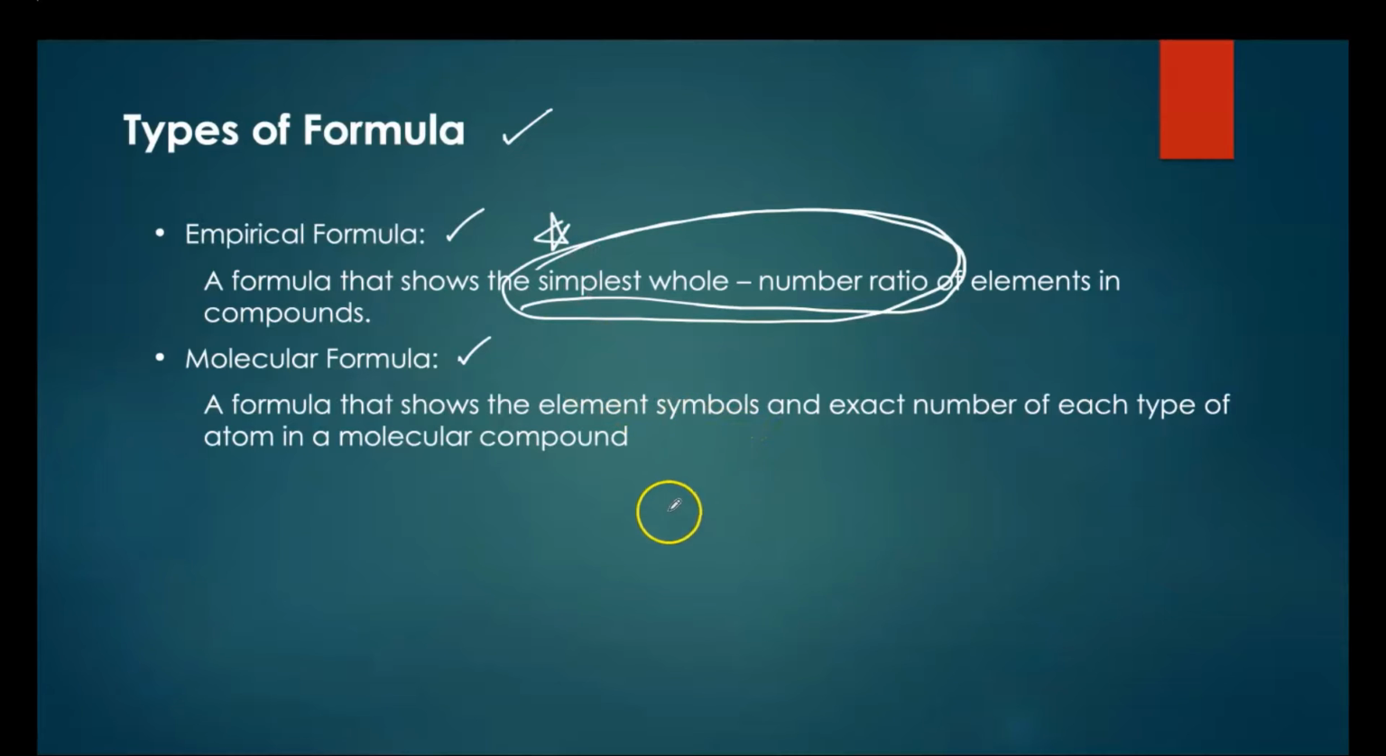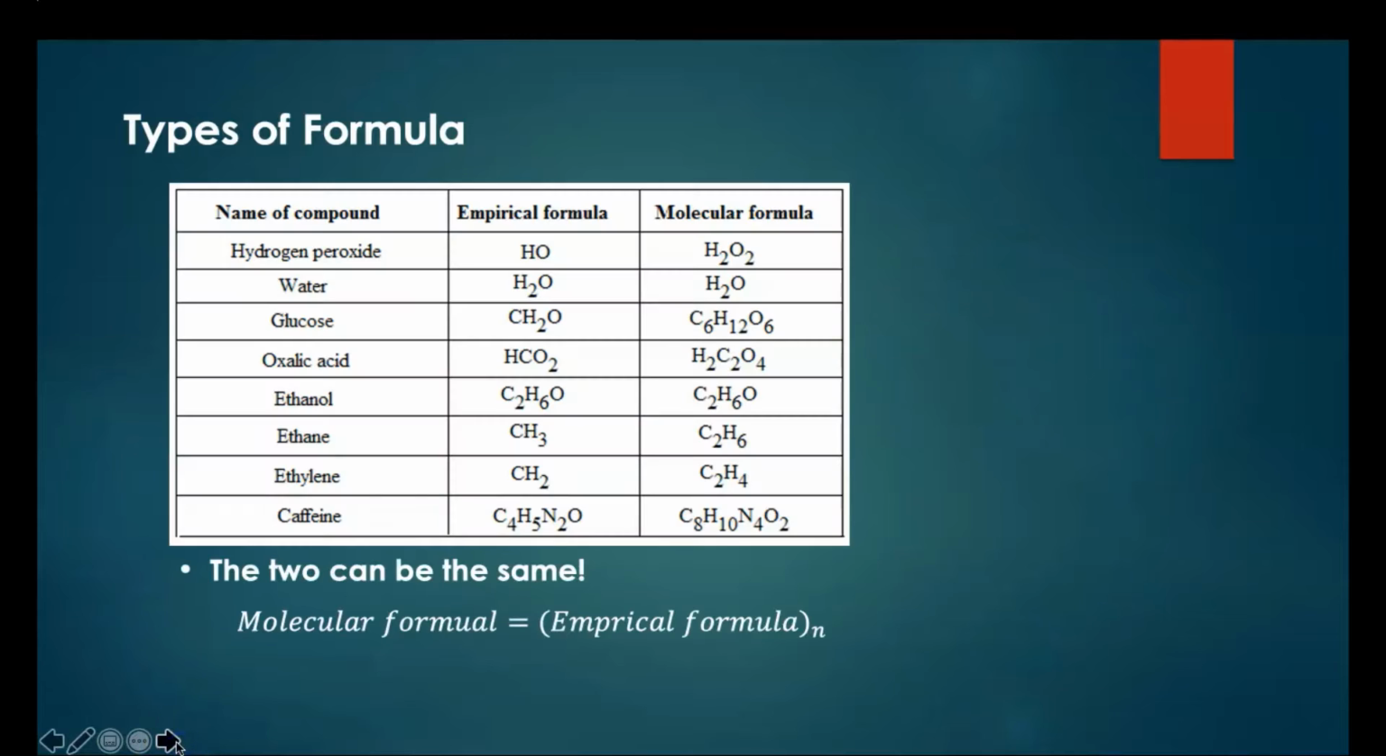Okay, and a formula that shows the element symbols and exact number of each type of the atom in a molecular compound is called the molecular formula. So here I have examples of the empirical and molecular formula. If you look at the hydrogen peroxide, the first example, the molecular formula of it is H2O2, right? And empirical formula,